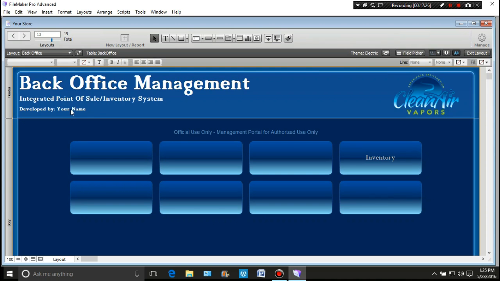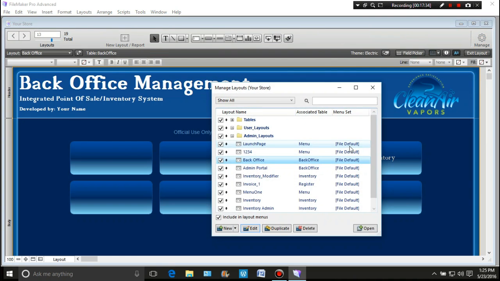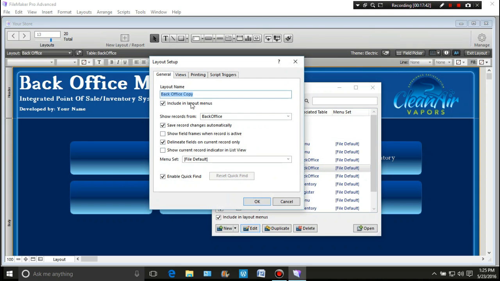Well, what we could do is we could just recreate a back office page. So let's do that. Let's go to File, Manage, Layouts. We're going to go into back office. We'll duplicate it. I know I have said don't ever duplicate it, but at this point, I'm just ready to make things happen. So we're going to call this